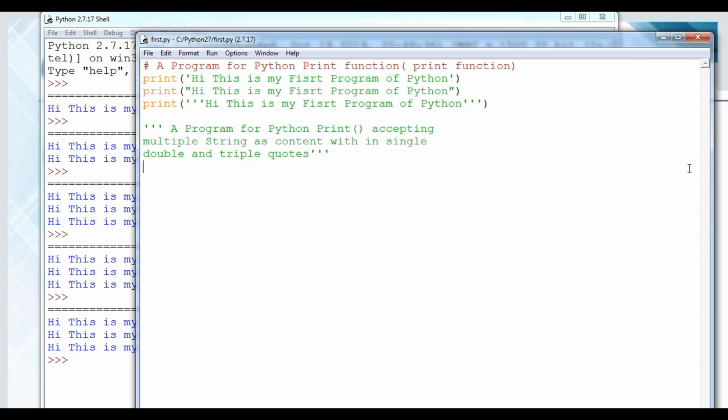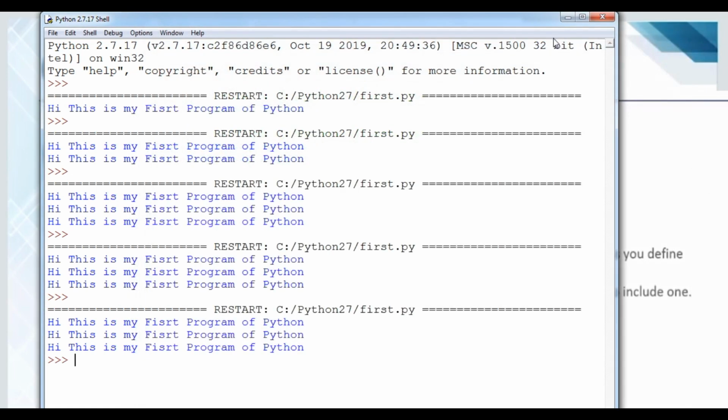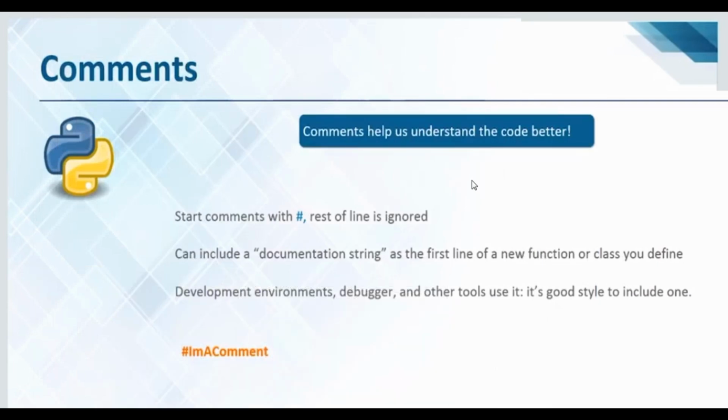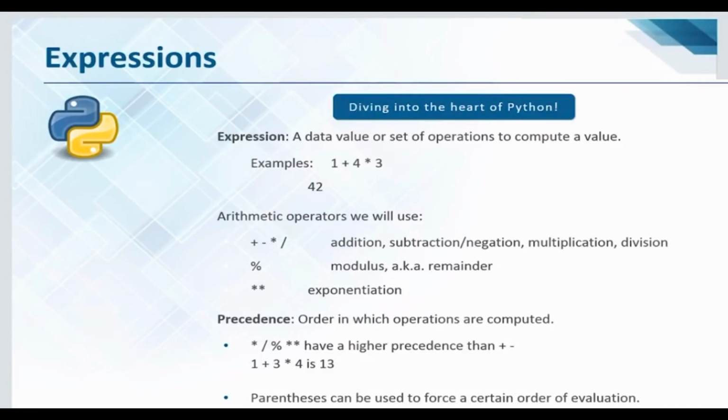Okay student, now we are going to do another program. We have understood what a comment is. Now we are going to the next part, that is expression. So students, we have to understand what an expression is. An expression is actually a form of formula or sequence which is valid for the program. Here you can see 1 plus 4, asterisk means into 3. This is some kind of mathematical formula or expression, which will be solved and finalized. So this is known as an expression.